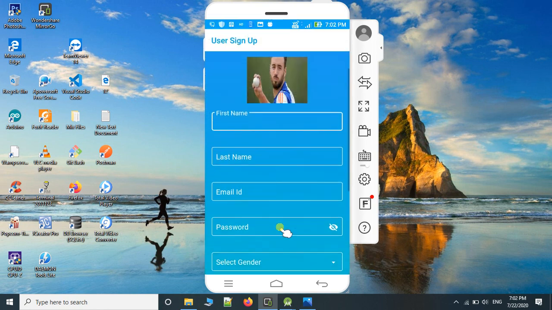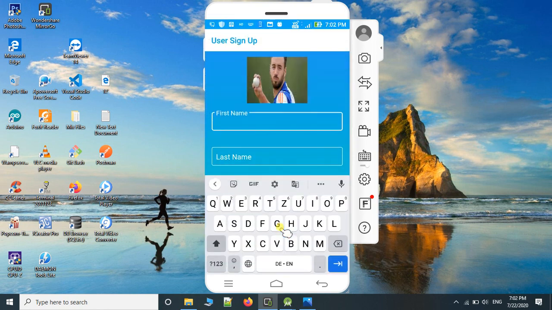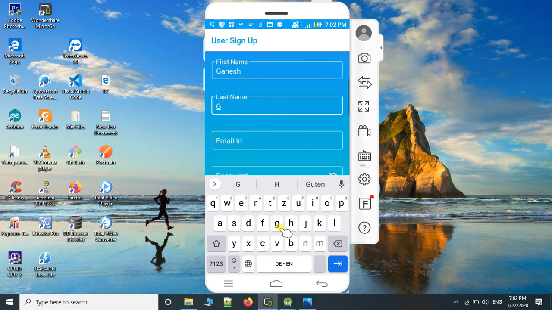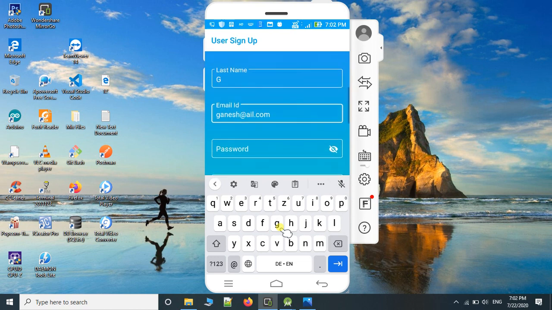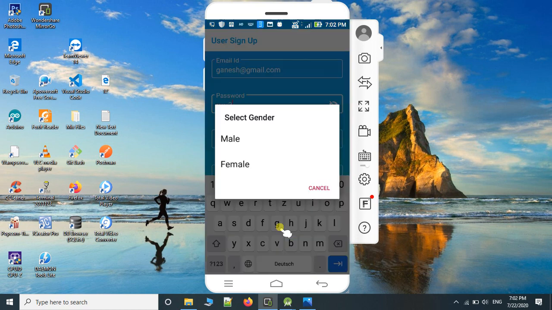Next I'll provide all the details: Ganesh G, ganesh at gmail.com, password 123.